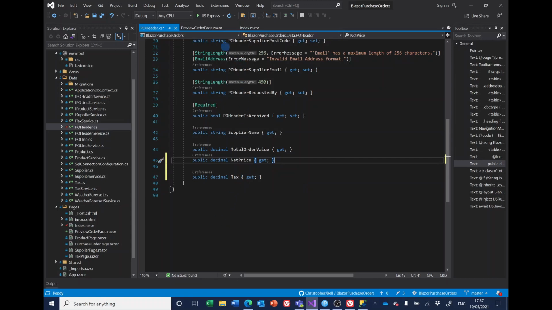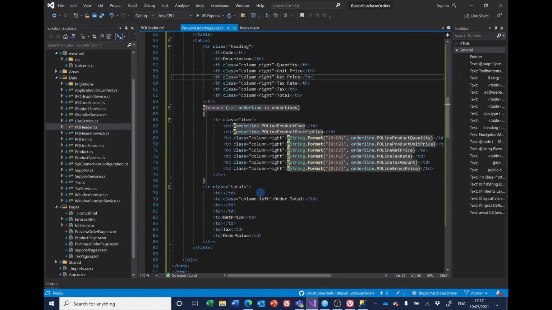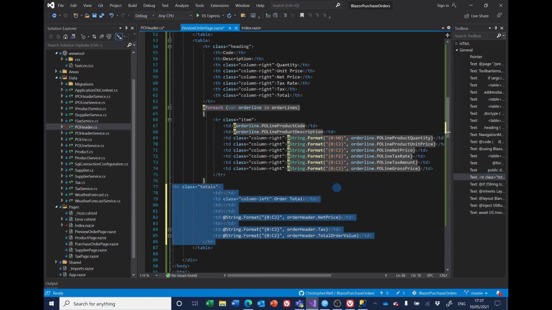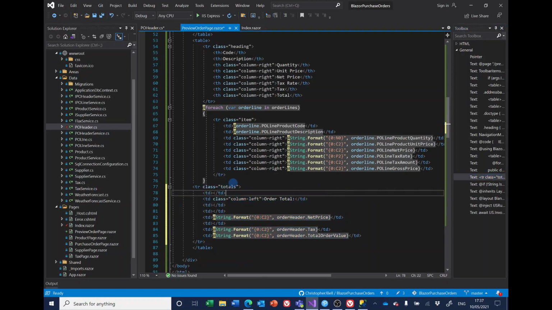And on the totals on here, we don't want our placeholders. So I want to get rid of that and replace it with this. So same class. So we've got the column left on order totals, and then we're formatting the net price, the tax, and the order value. So if I save it and run it,